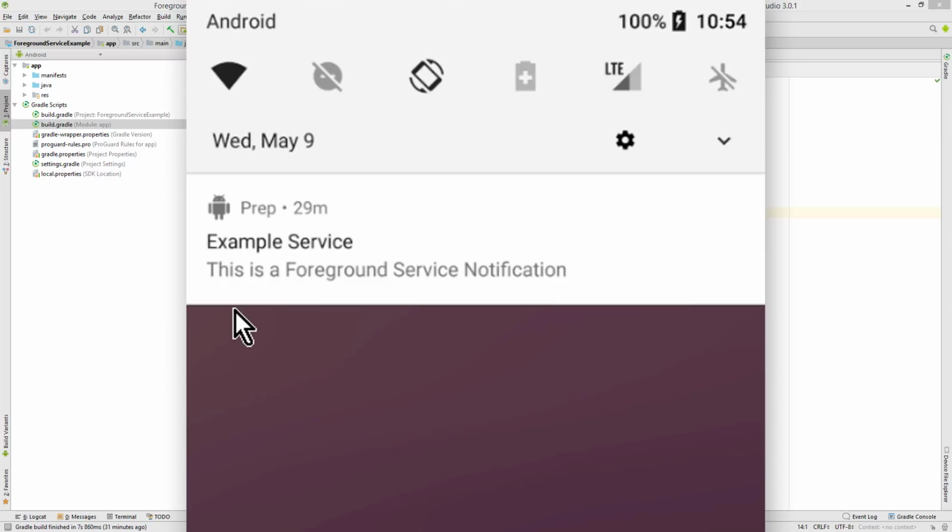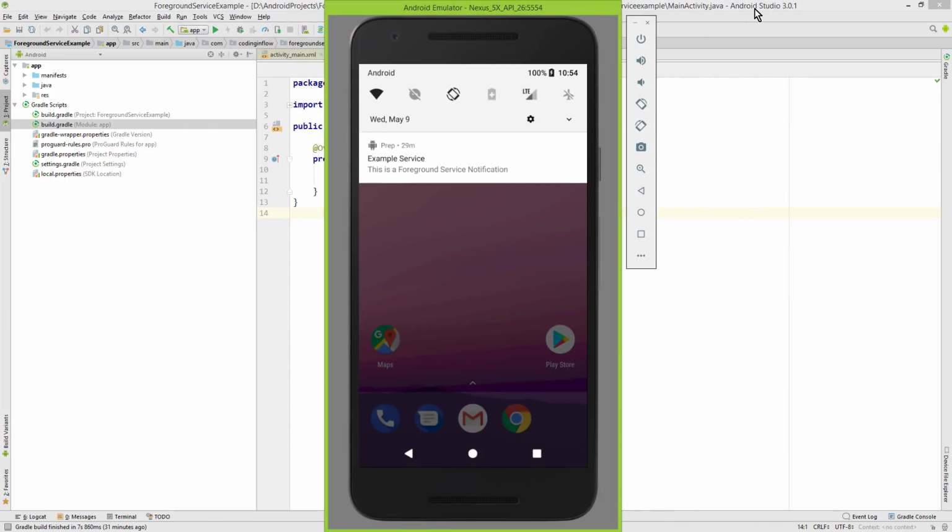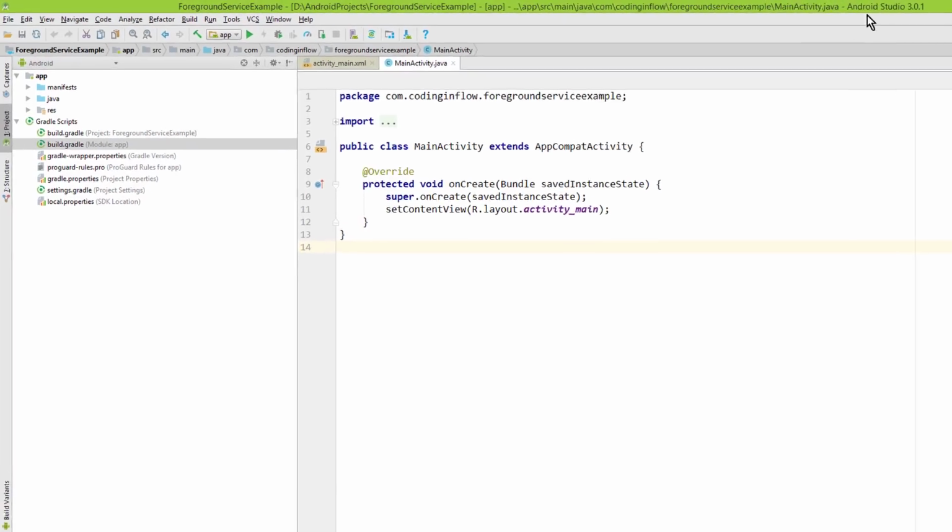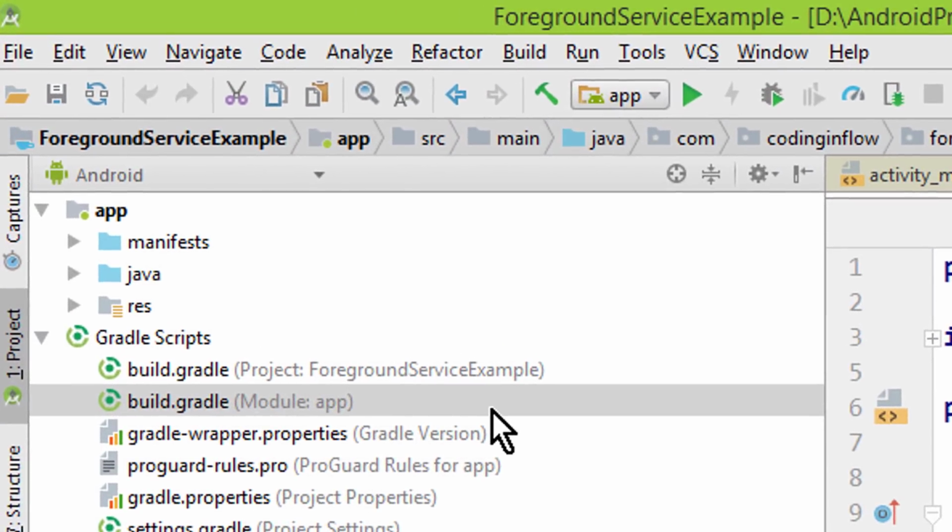Now if you know my notifications video, then you also know that since Android Oreo we have to create notification channels in order to be able to show notifications. And this is also the case for foreground services. So we will start by creating a notification channel, but I won't explain everything in detail. Instead you can watch my separate notification channels video, which you will also find in the top right corner of this video. And the same as in our notification channels video, we create our channels in the application class.